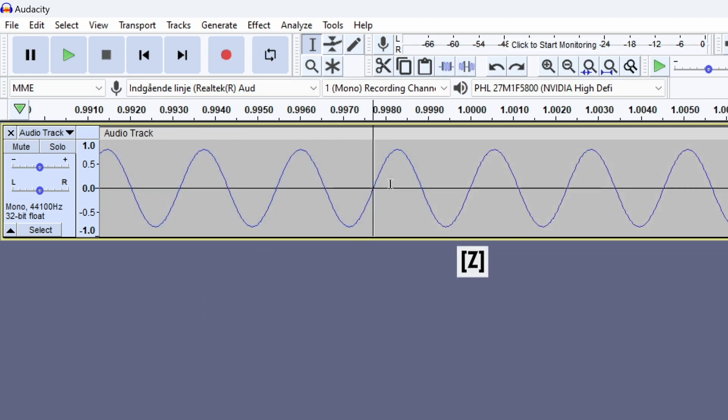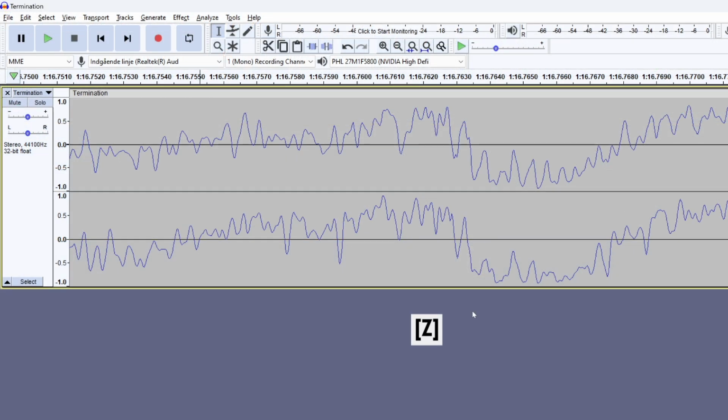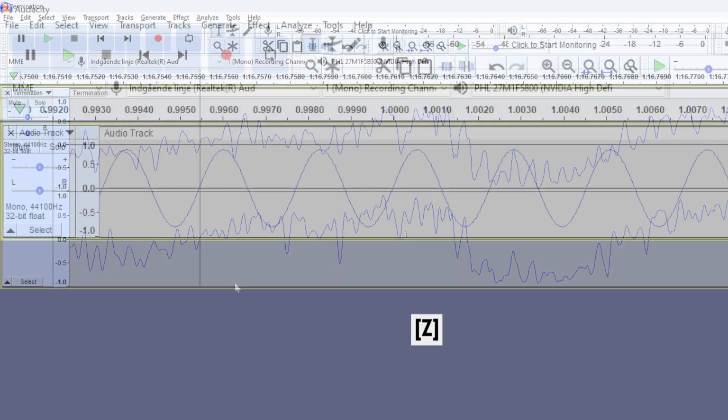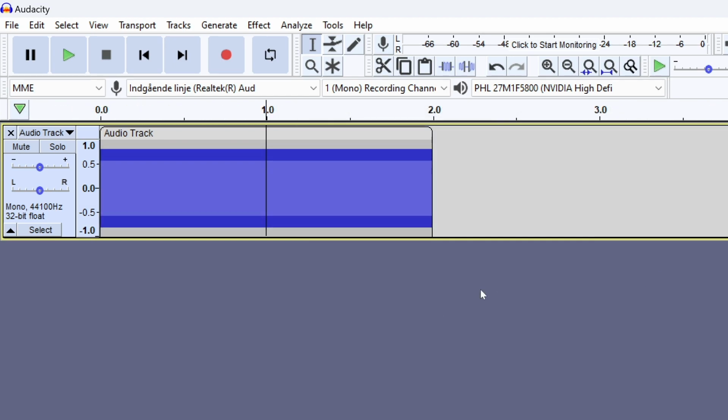On a mono track, that is, with a single channel, it is usually enough to press Z once. But on a stereo track, that is, with two channels, sometimes you have to press Z several times until it stabilizes at a zero crossing. If you press Z with a selection, Audacity will find zero crossings at both ends. In these examples, I'm zooming in so you can see the zero crossings, but the Z shortcut is useful for finding zero crossings even when zoomed out.